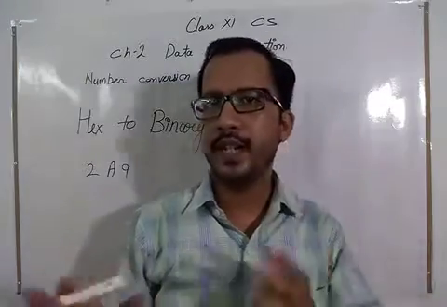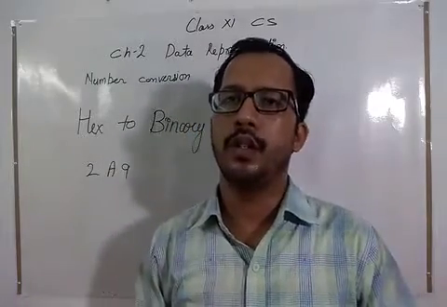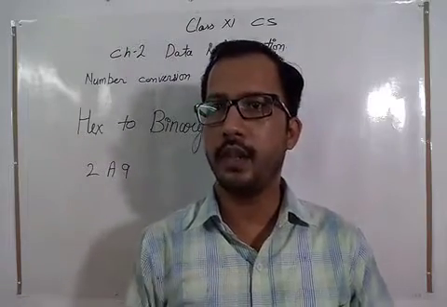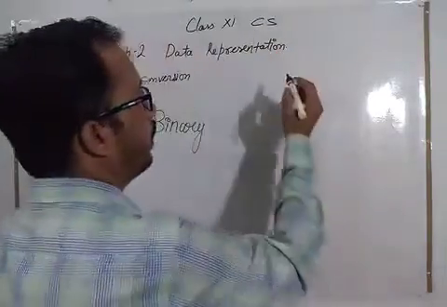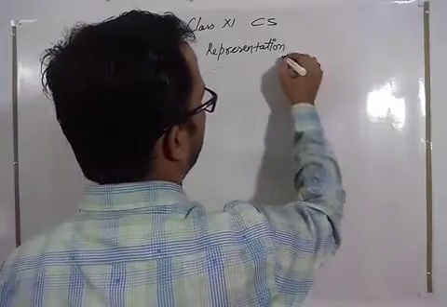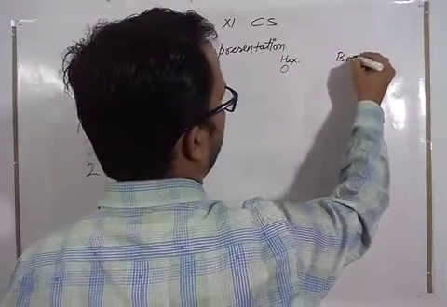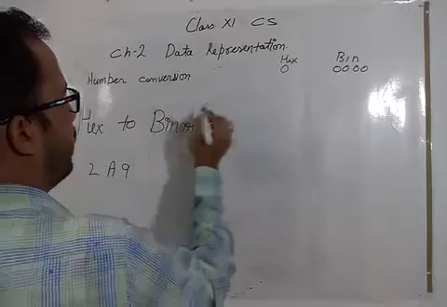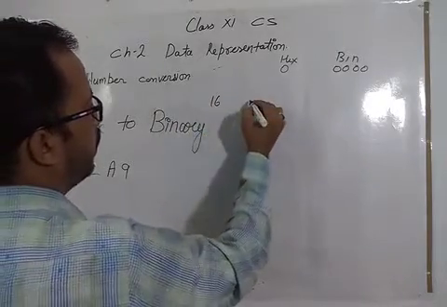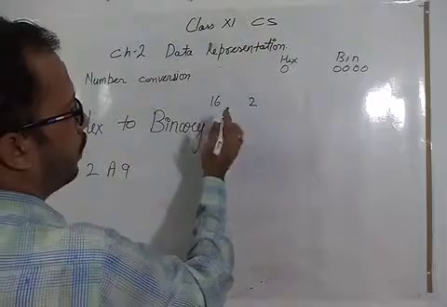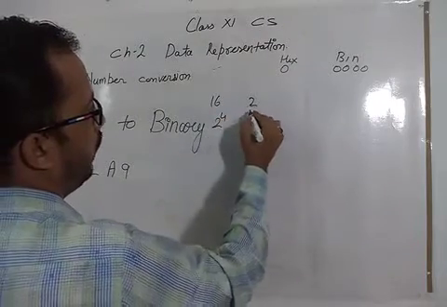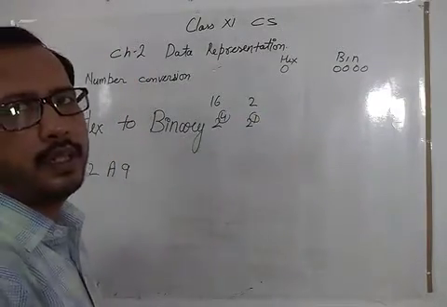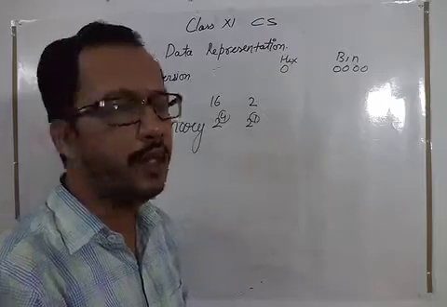To convert a number from hexadecimal to binary, we must have a table which will give us a 4-bit equivalent of each hexadecimal digit. So we have 0 in hex and 0000 in binary. Why 4? Because hex has base 16, binary has base 2. So 16 is 2 raised to power 4, and 2 is 2 raised to power 1. So here the ratio is 4:1. So every hexadecimal digit is represented by 4-bit binary.